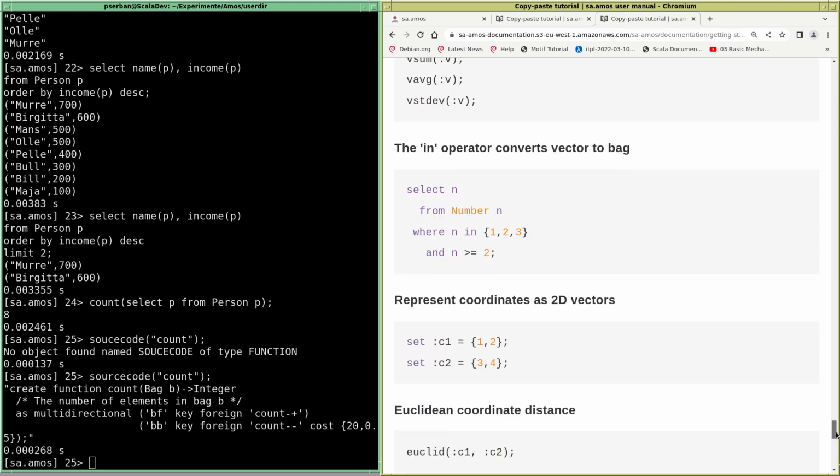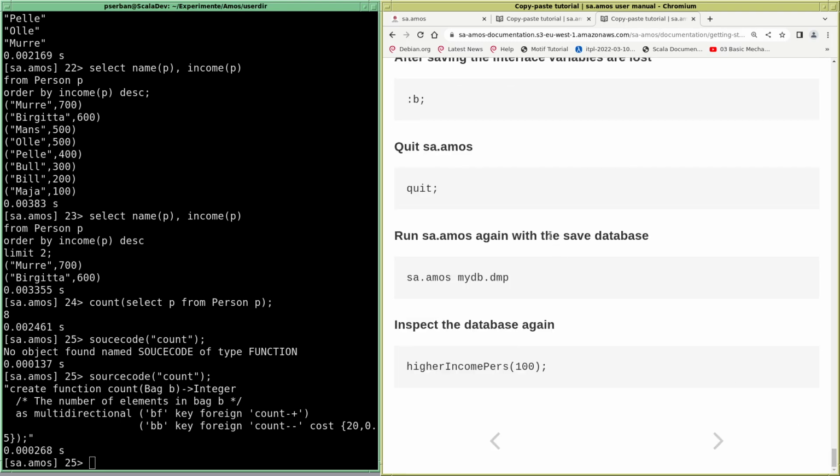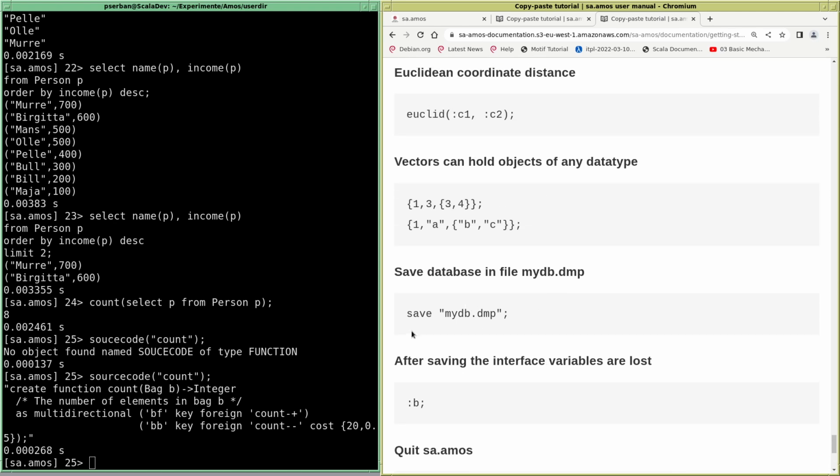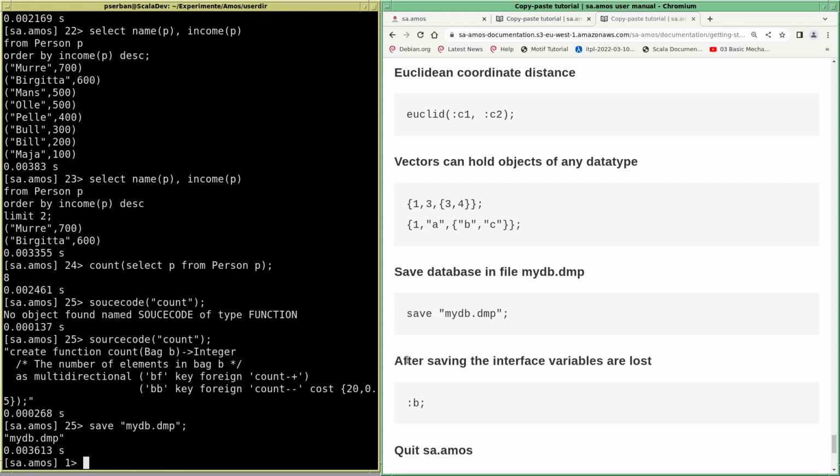And let's do the last part. I can save this into a database and quit and come back and read what I did from the database. What can I do? I do save mydb.dump and do this,